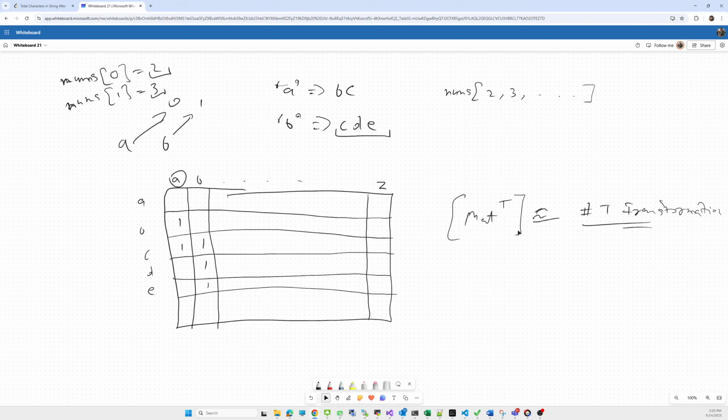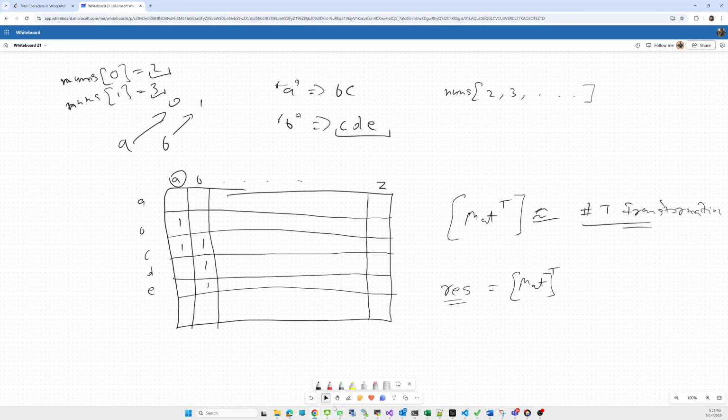So what we have to do is use matrix exponentiation here. From that we can form the resultant matrix, which is this matrix to the power of t, called the resultant matrix.